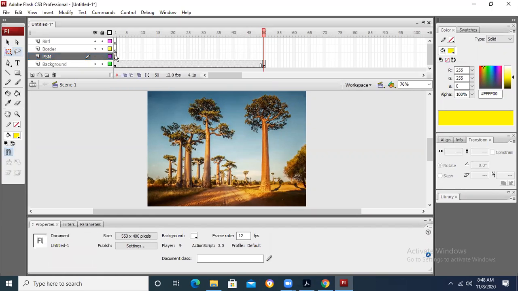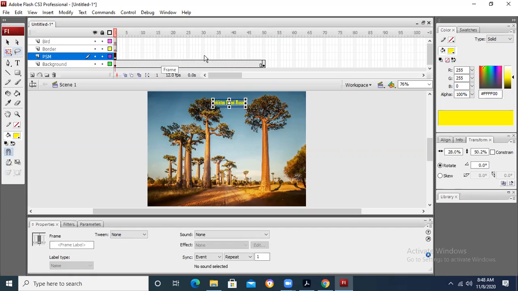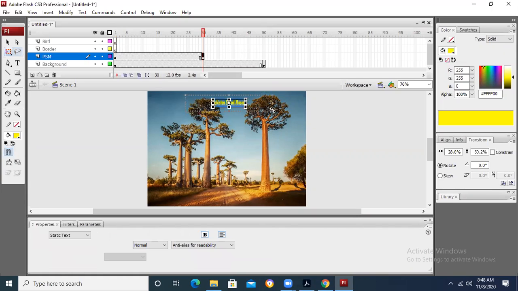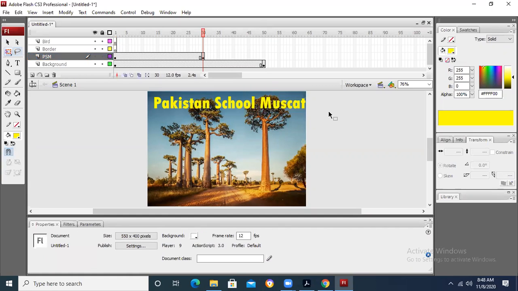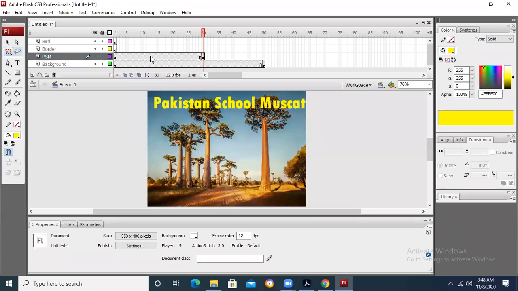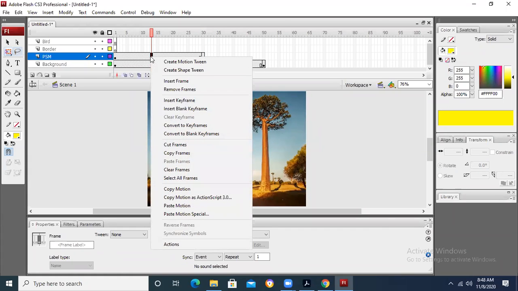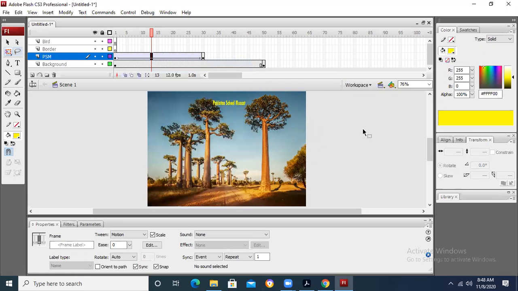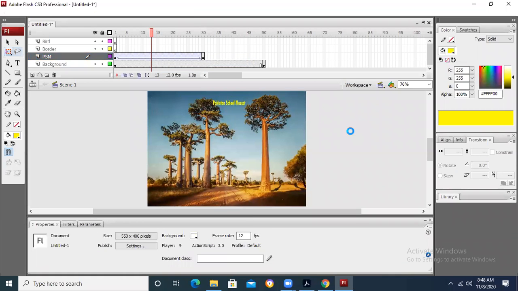Sorry, I click on frame 30, let's suppose. Frame 30 and I press F6. And what I am going to do is make it large. I have done this on frame number 30. I have made it large. On frame 1, it is small. On frame 30, I have made it large. Fine. And I right click between frame 1 and 30 on the PSM layer and I create a tween motion. Now when I run it,